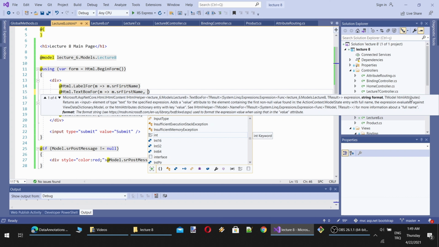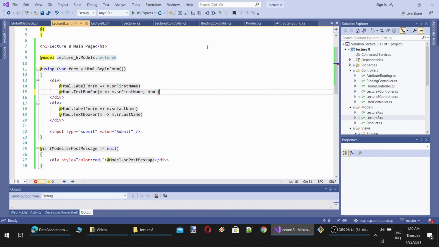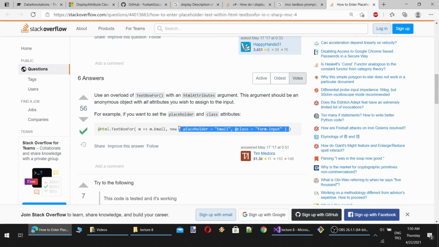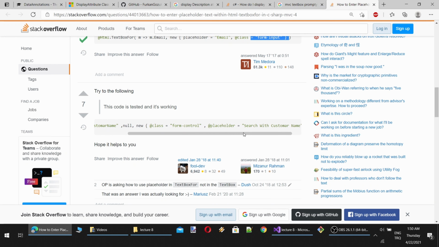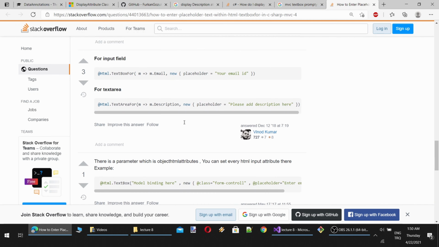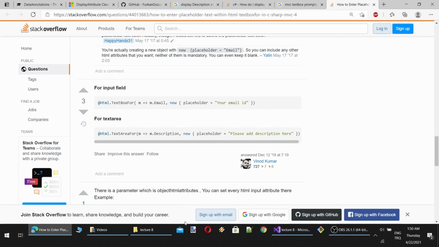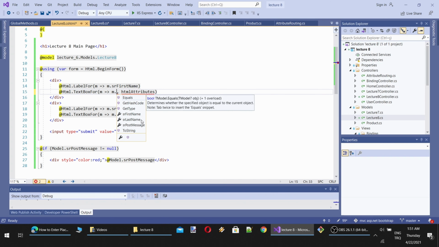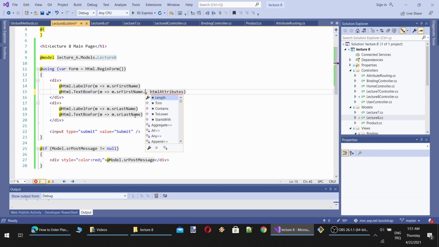Okay, let's continue. But before doing that, I would like to change this text box with attributes. Okay, there is T-model HTML attributes, not string, but T-model, perhaps. Okay, there is expression, string format, T-model, that's no HTML attributes, and we see text box prompt. Let's see. Oh, there is placeholder, email, null, new. Okay, so this is a way, but I would like to use prompt attributes. There is description. So this is the way we set. So here I am setting it equal to last name, whatever name, but I think I can also set it to prompt attribute. Perhaps, how can I do that?